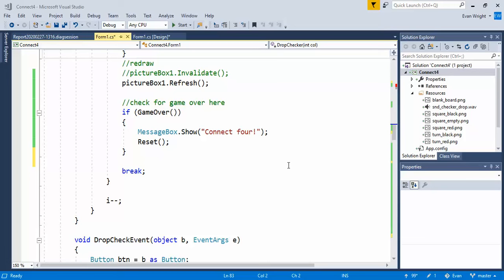The computer will try to make a winning move first. If it can't, it'll try to make a blocking move, and if it can't do that, it'll try to make a random move. And after the player's dropped his or her piece, we need to disable the buttons so the player can't double click on them. So we have to wait for the computer to make its move, and then we'll re-enable the buttons. So we're going to need a way to toggle the buttons on and off while the computer